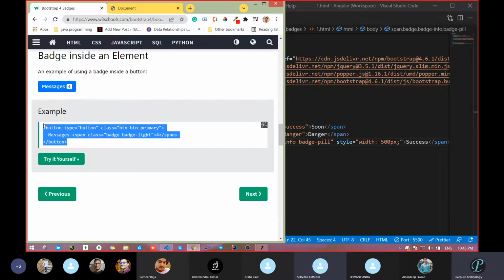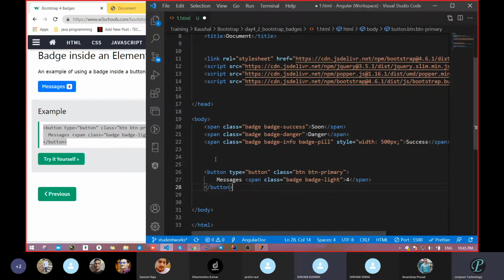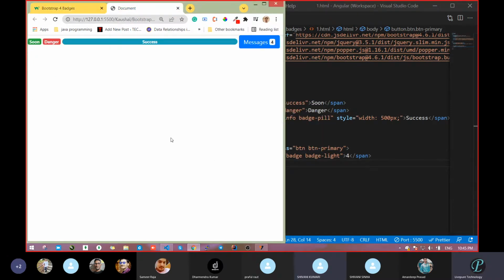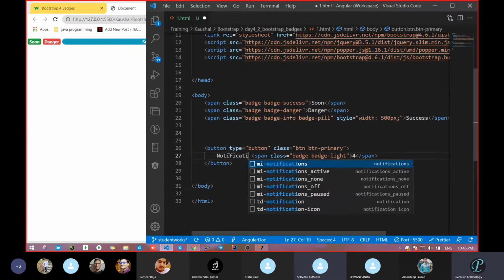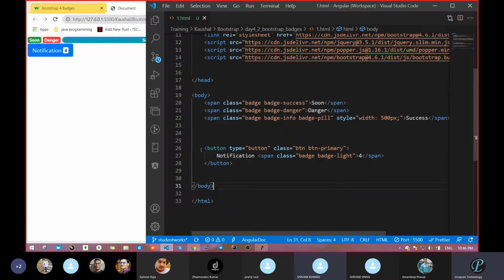So take this complete. These will all be useful in real projects, I will tell you. If you are making a real website, suppose you are using Twitter, Facebook, WhatsApp, anything, and you have to show some notification in the notification bar, that you have 3 message notifications, that time you can use this. So you have 4 notifications like this. What did we take? We took a button, it looks like a button, with type equal to button and class btn btn-primary. Clear?